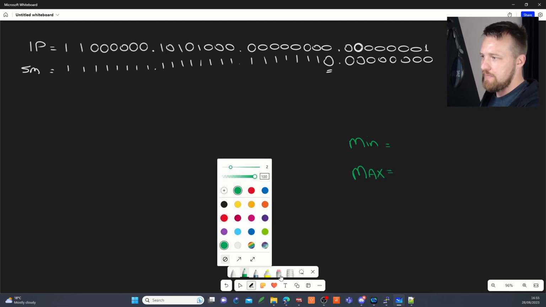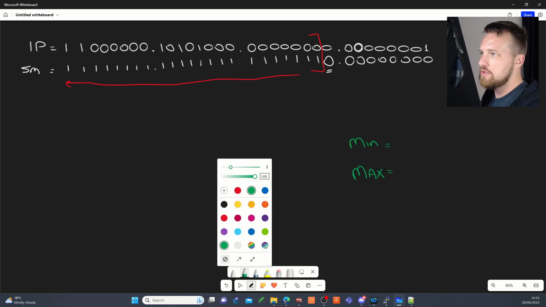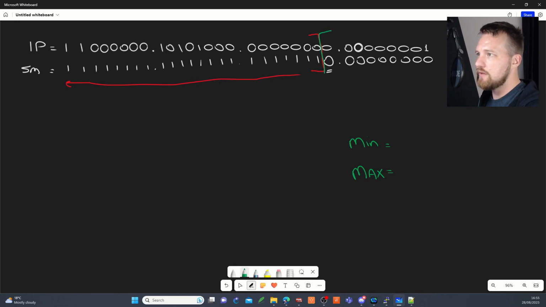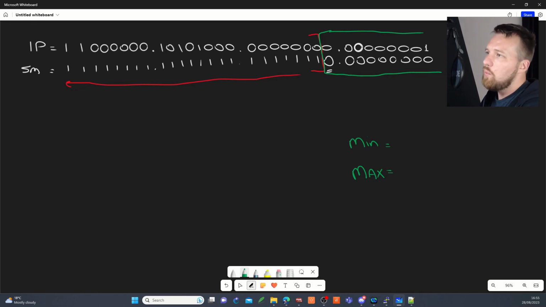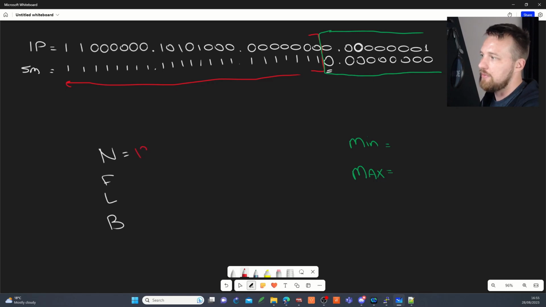Let's make our navigation. So our network portion now goes here. And our host portion goes from here. It's not a massive jump, but it's going to make a big difference. So what can we do here with this network and host portion? Firstly, let's start writing down our network first, last, and broadcast. We know probably straight off the bat at this point that our network address is going to be 192.168.0. something,